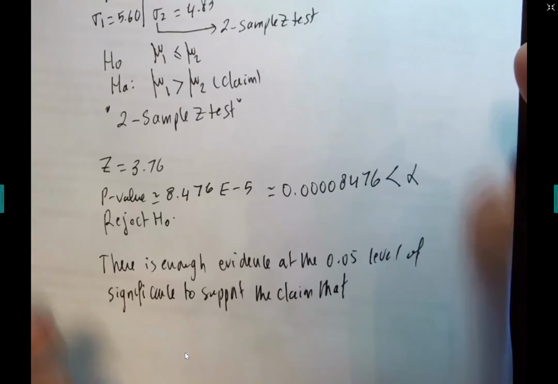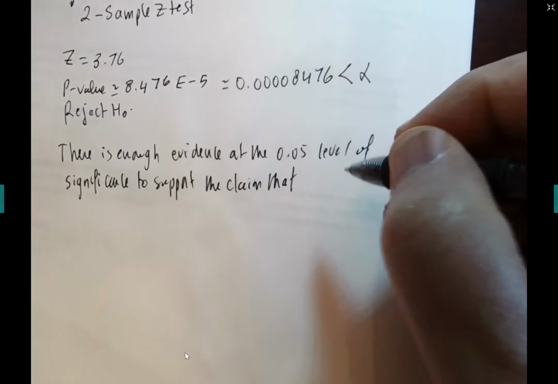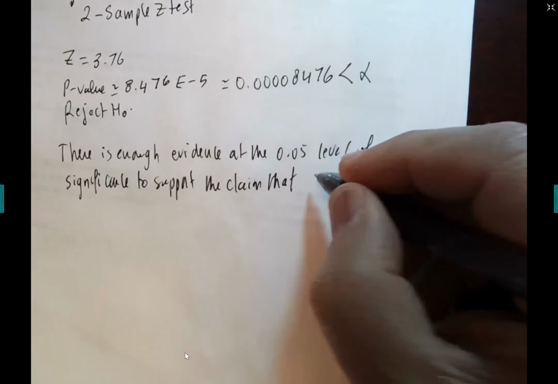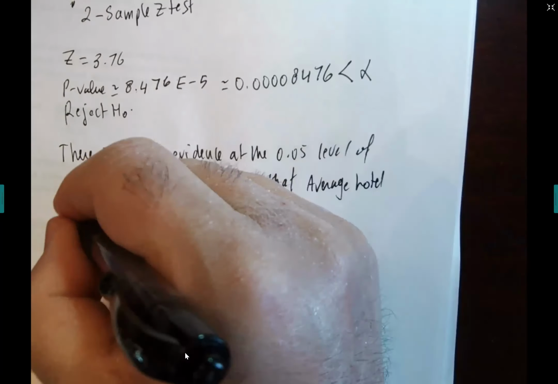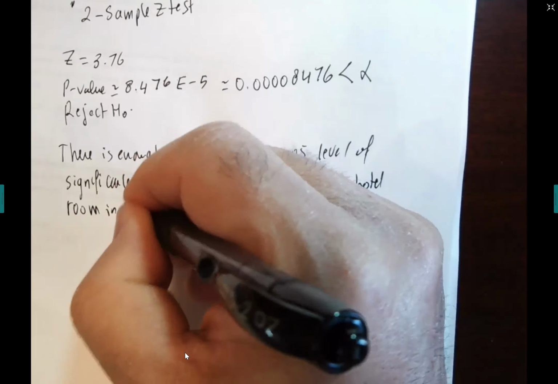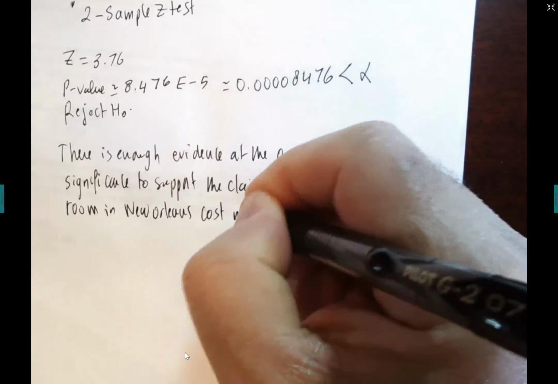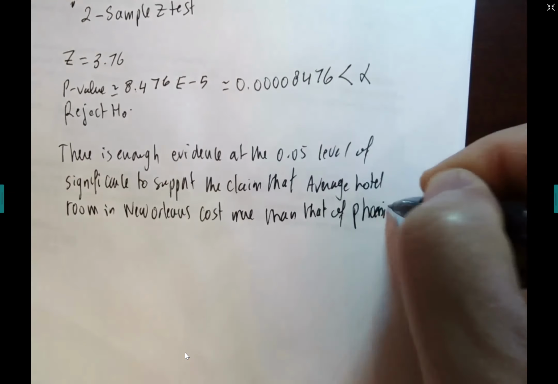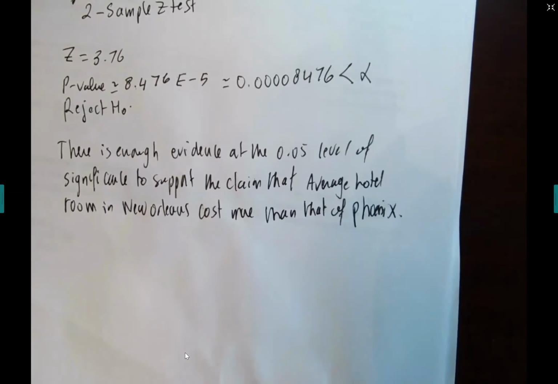There is enough evidence, sorry, to support the claim that average hotel room in New Orleans cost more than that of Phoenix. If you reject H0 and the claim is in HA, you support the claim. And that's what we did. So guys,